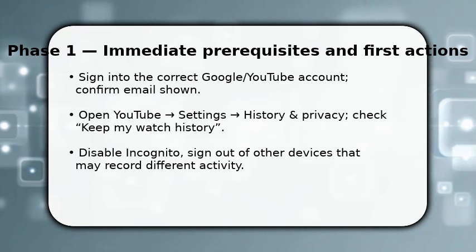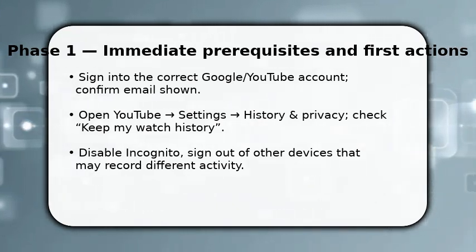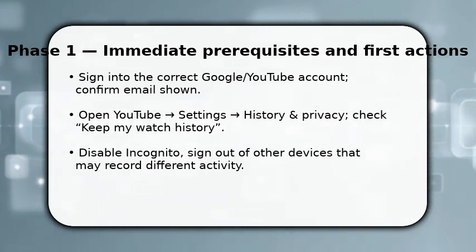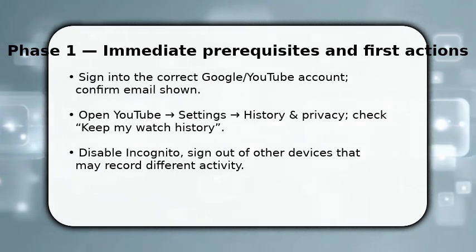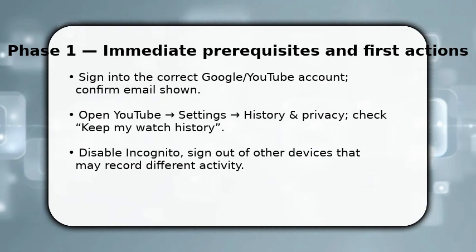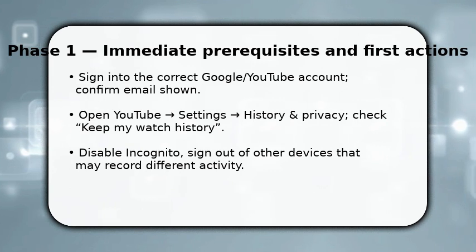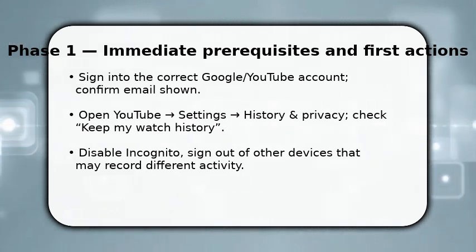You begin by confirming you're in the right Google account because watch history is tied to that email. Once signed in, go straight to YouTube Settings, History and Privacy, and verify that Keep My Watch History is enabled. This is why history may appear off. Also, make sure you're not in incognito. It prevents logging, and sign out any other device that might be using a different account, because that can create